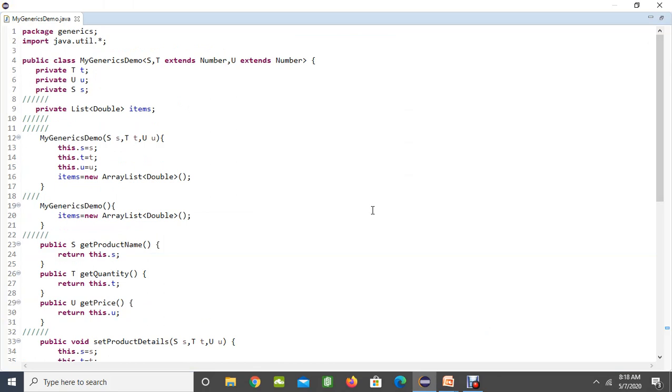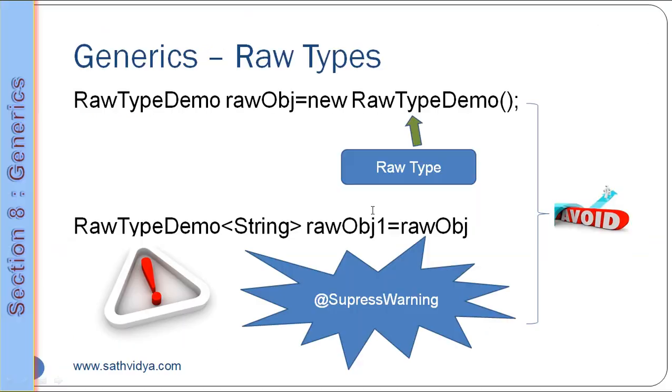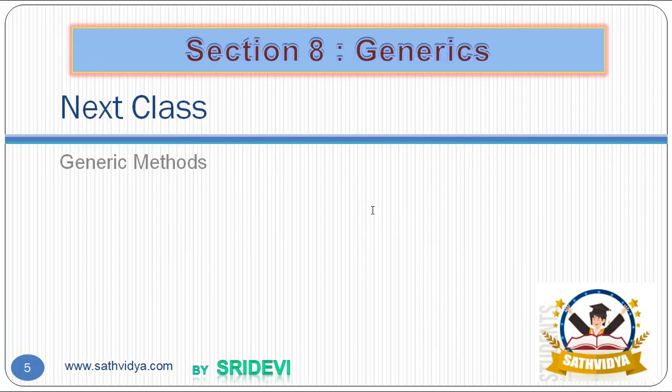So here my plan is to explain each and every concept that is available in Java. Some concepts we are going to use in real time very frequently, but some concepts we may not be using. But it's good to be aware of all the concepts that are available in Java. So next we are going to discuss generic methods available in Java. So keep watching, don't miss it.